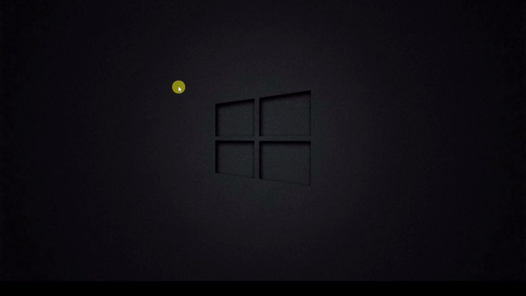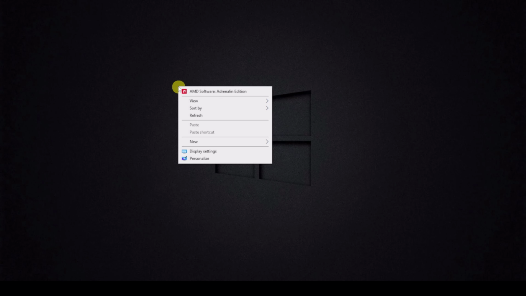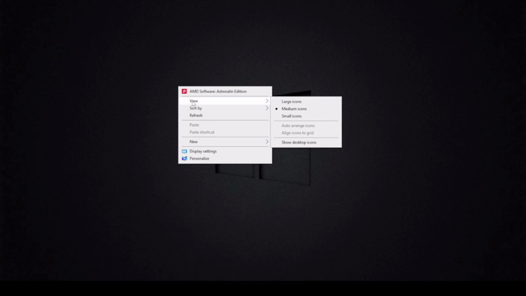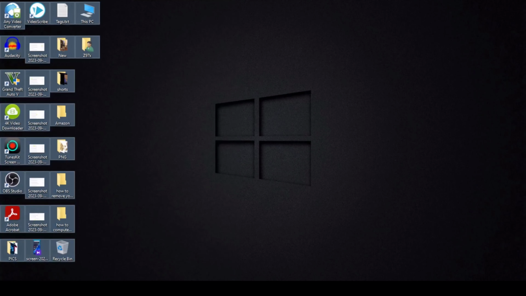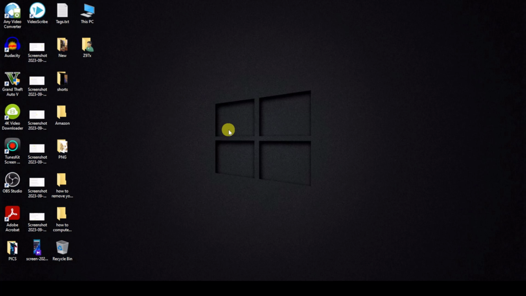Then right click mouse button and click view, then click show desktop icons. Click on this, so my icon is showing. This is an easy way to show any computer desktop icons. You can see how